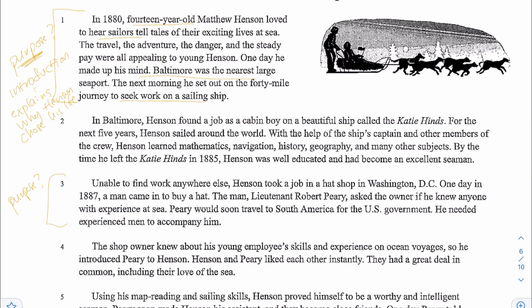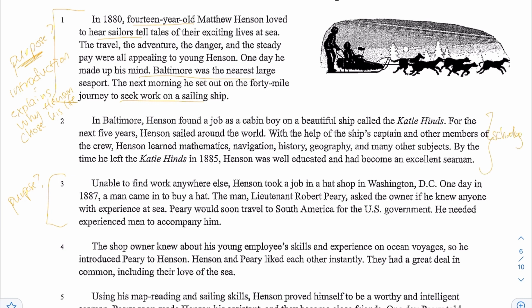So next, paragraph 2 talks about how in Baltimore, Henson found a job as a cabin boy on a beautiful ship called the Katy Hines. For the next 5 years, Henson sailed around the world. With the help of the ship's captain and other members of the crew, Henson learned mathematics, navigation, history, geography, and many other subjects. By the time he left the Katy Hines in 1885, Henson was well educated and had become an excellent seaman. So again, this is his kind of like school,